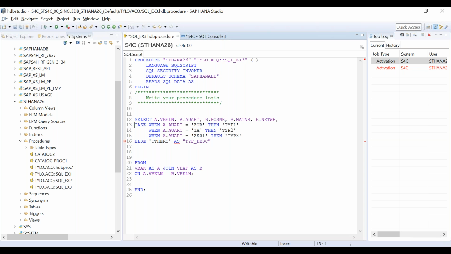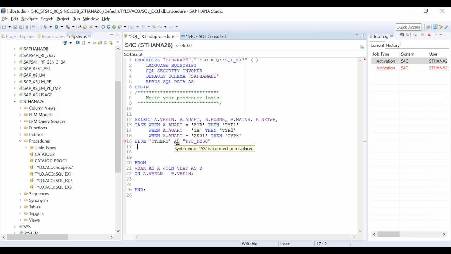It starts here: when AUART is this, type 1, when it is this, when it is ZS01, then type 3, else it is others. And this column, which I'm generating at runtime, has to be given the name type_description.